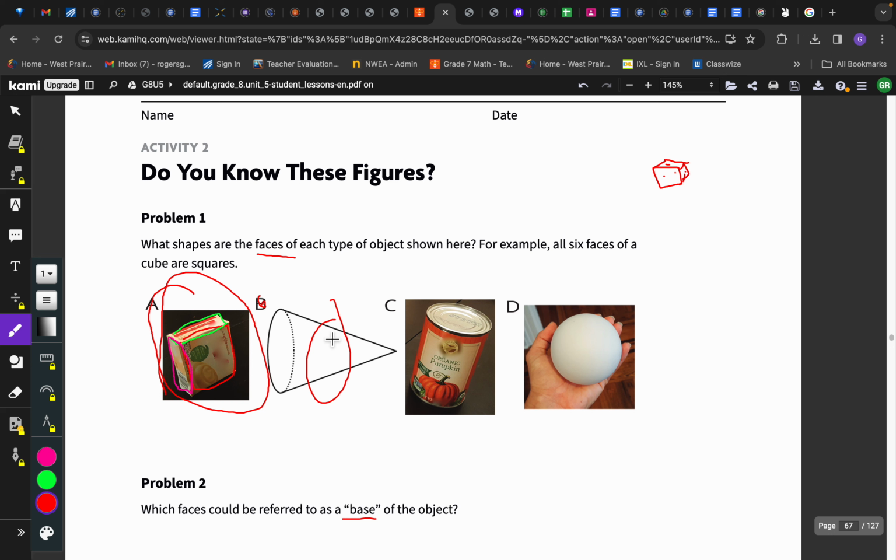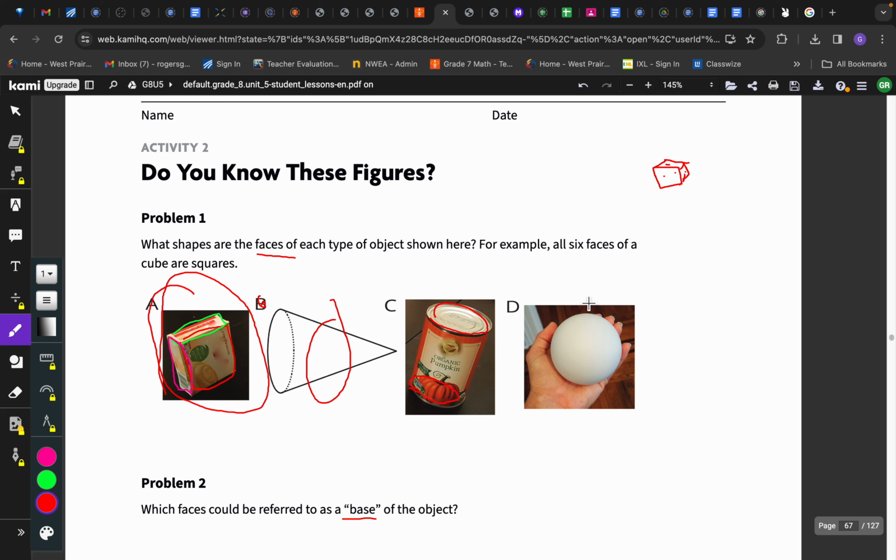So part C, what shapes are the faces of this? Well, hopefully you're noticing we've got 2 circles, so you could write that. You might not see it, but there's another one here. There's 2 circles. And then again, another curved surface. And we'll learn a surface area for that. If you remember, you can actually take the wrapper off of that. You don't need to write that, but you could call it a curved surface. You could technically also call that a rectangle that got wrapped around that